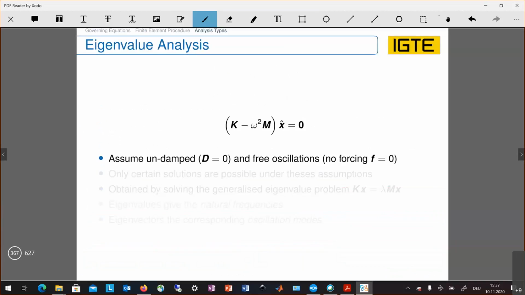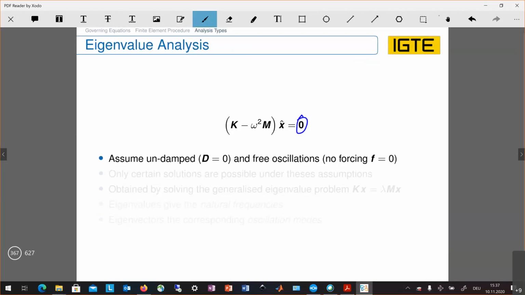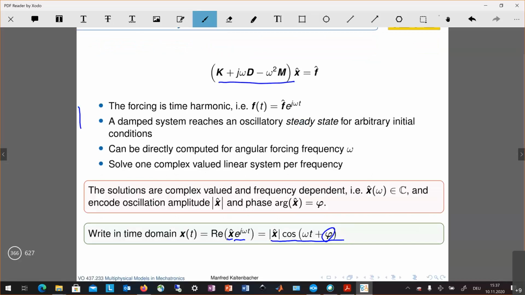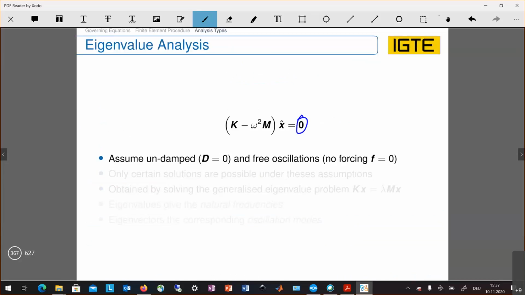Okay, and the eigenvalue analysis is that we set the right-hand side equal to 0, and we just solve here this system of equations as we have obtained before. You see, it is exactly what is written here. We just have cancelled out here the damping in order to make it a simpler eigenvalue problem, and then the solution out of it will give us the eigenfrequencies and the eigenvectors to it, the shape of the vibrations